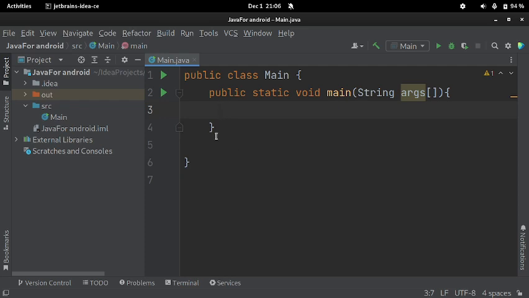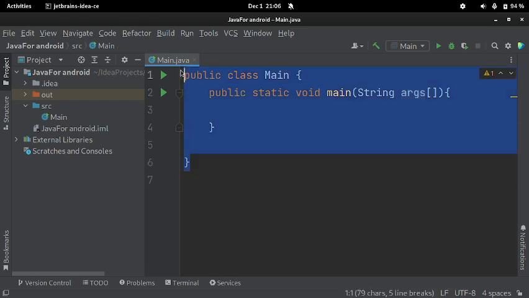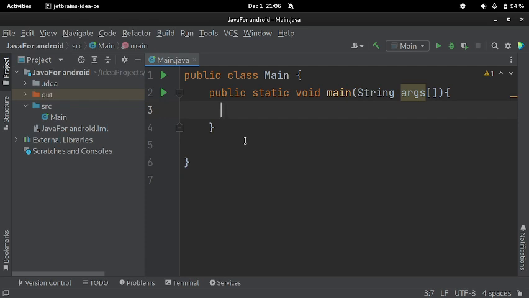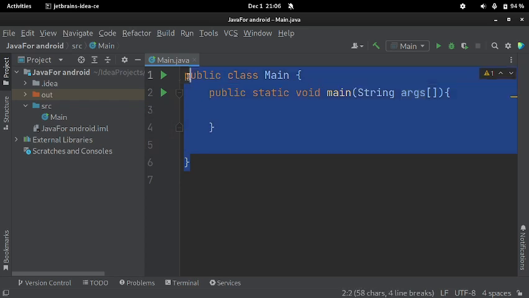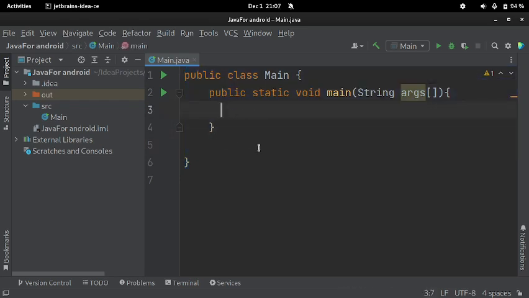So hapa unaangalia kuna this code, and this is pretty much basic Java code. Every Java program lazima itakuwa na hiki kitu. It should have at least one class. You see, we have this main class, and it should have this one main method. So keep that in mind. Every Java program should have at least one class and should have at least one method. Okay, don't worry about these keywords. These words that have been highlighted with different colors, we're going to cover them as we